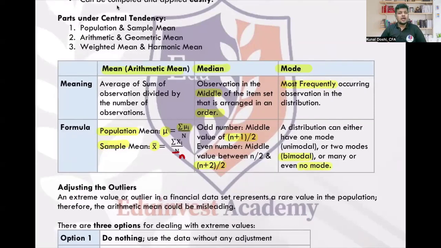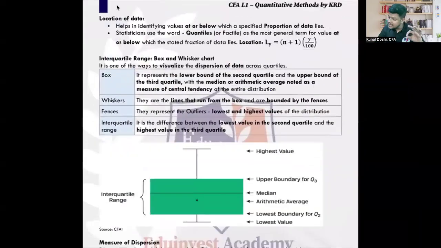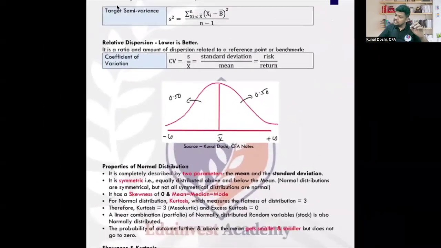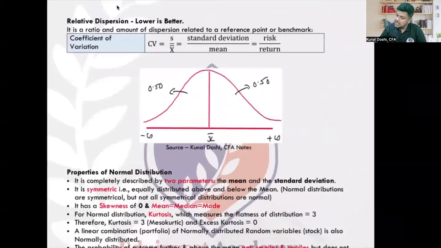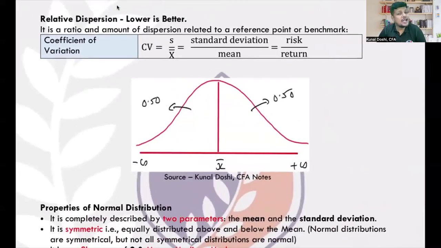So mean, median, mode. Now, when you analyze a data set, what if coincidentally the mean, median, and mode of the data are the same? If this unique thing happens, then we get a distribution which is called normal distribution. Everyone with me? Normal distribution, which is a bell curve shape.